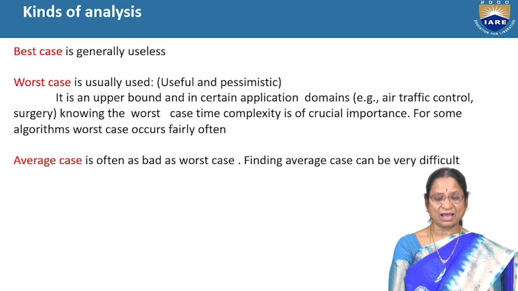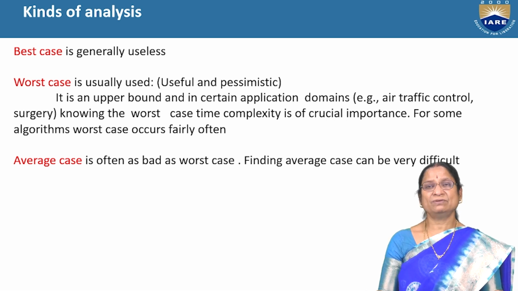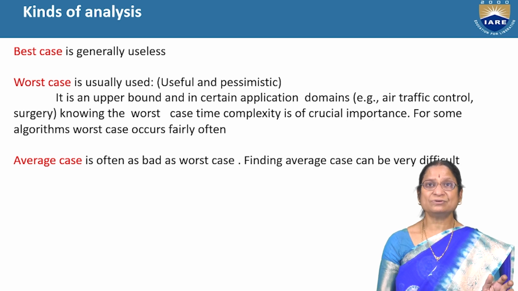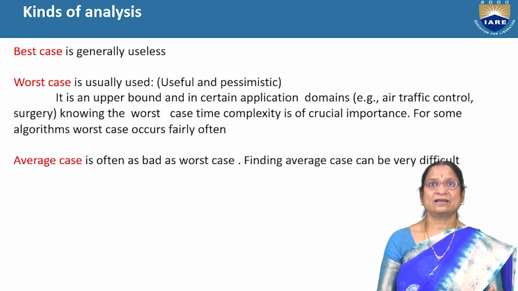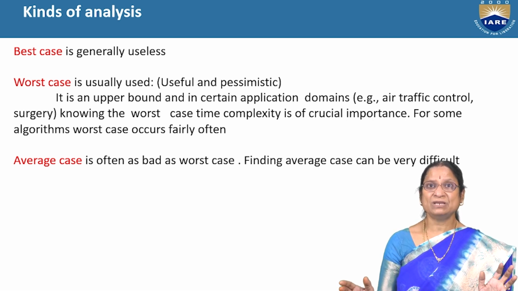But most of the time, average cases are going to be used, and we have to find the average cases. Even though it is very difficult, we have to identify it in a proper manner. Of course, in some cases, worst case is also required. For example, traffic control and surgeries. How much time it takes to do that particular surgery. And in traffic control, how much minimum time is required